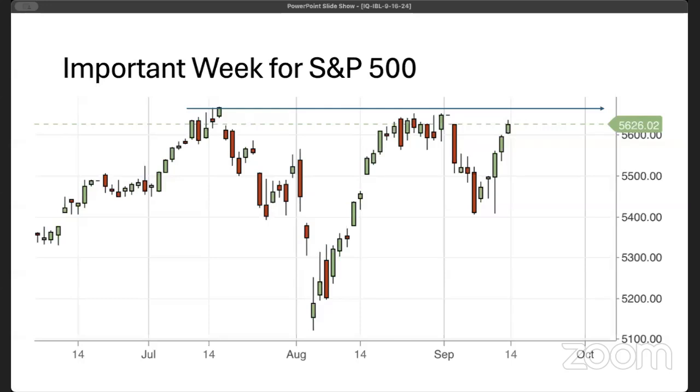One, it's an important week for the S&P 500. Obviously, the Fed is meeting on Wednesday. More importantly, the S&P needs to break back above the top blue line there, the arrow that I drew on the daily chart. Essentially, it needs to confirm a new high. It hasn't yet. Today was a sideways day, but the outcome of the Federal Reserve meeting will give us,